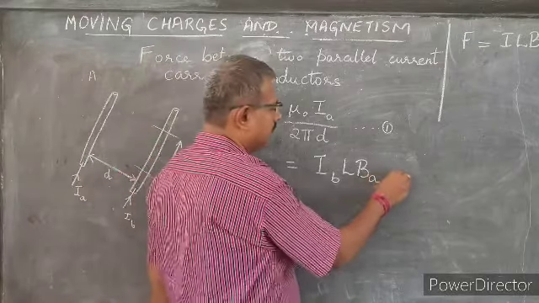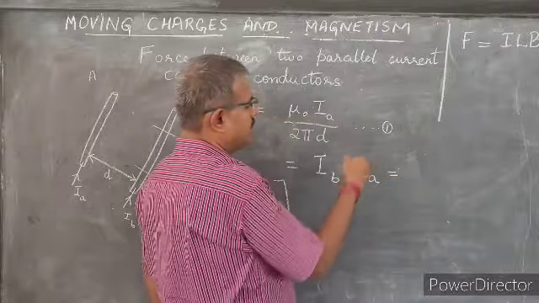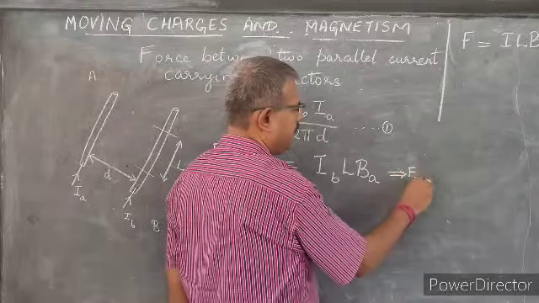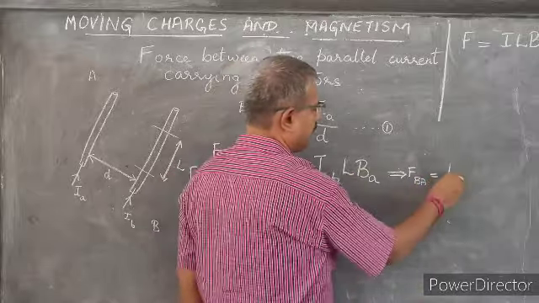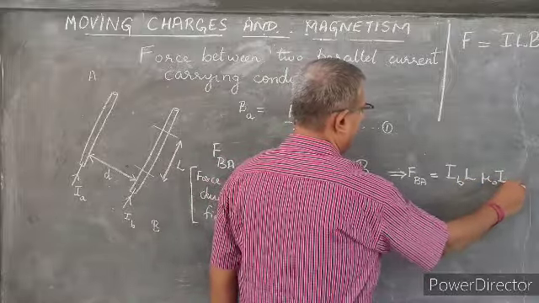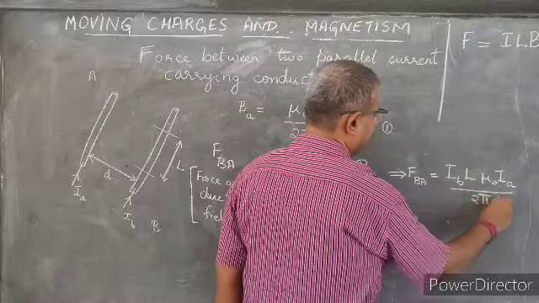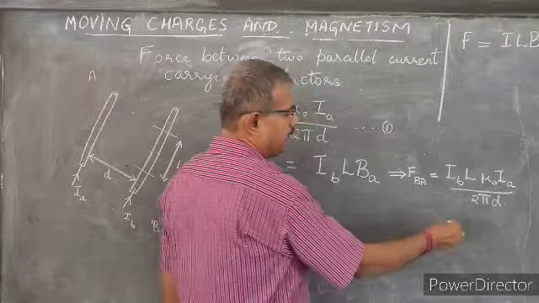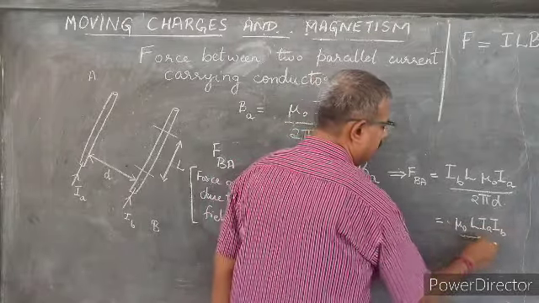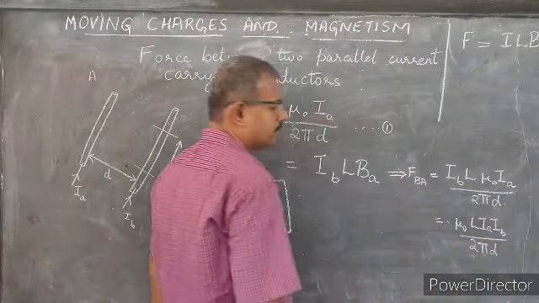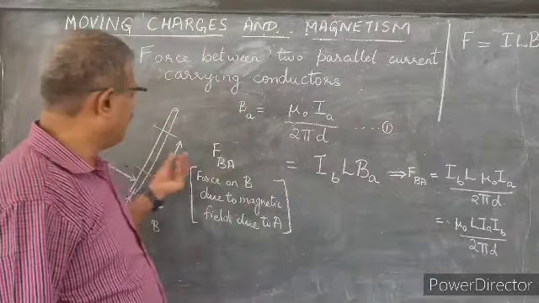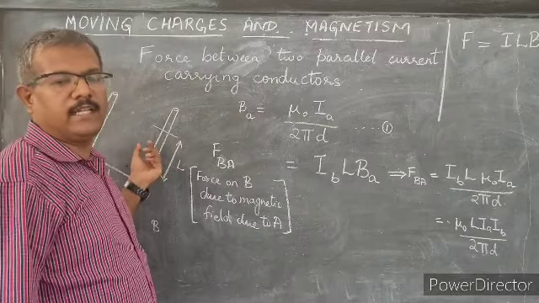So if I were to substitute these particular values from equation 1 on to here, I will be getting FBA equal to IB L into mu naught IA by 2 pi D. So with a little bit of rearrangement, I will be able to write mu naught L IA IB by 2 pi D. So this is the force being felt by this current carrying conductor when placed in the magnetic field being generated